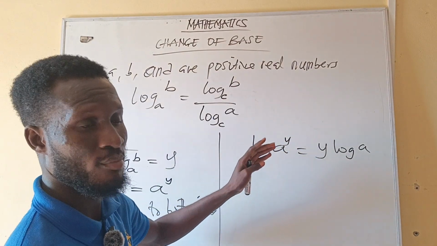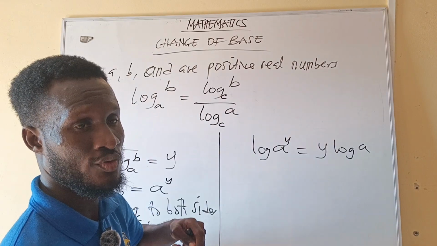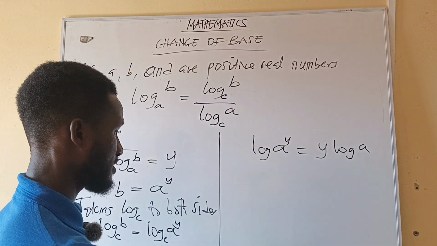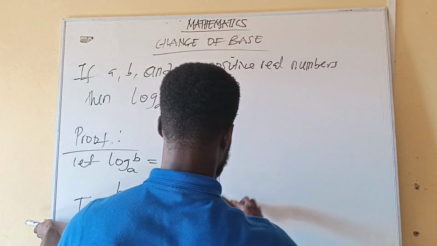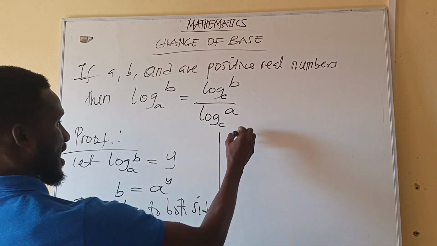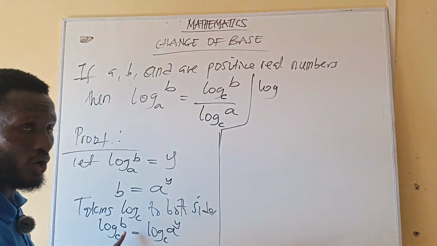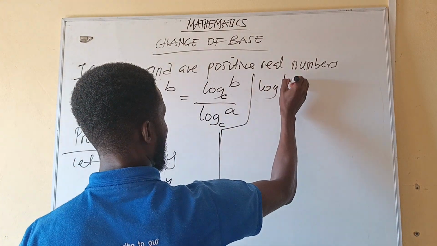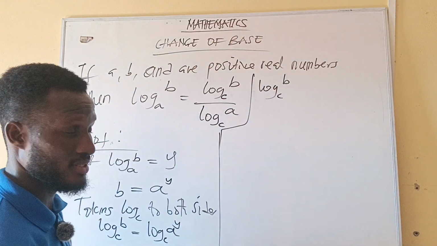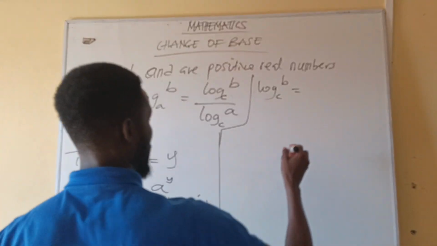That is one of the properties of logarithm. Please go back to the previous video and check; everything is there. So with this, I'm going to have log of b base c equal to, bringing the y to the front of the logarithm, y